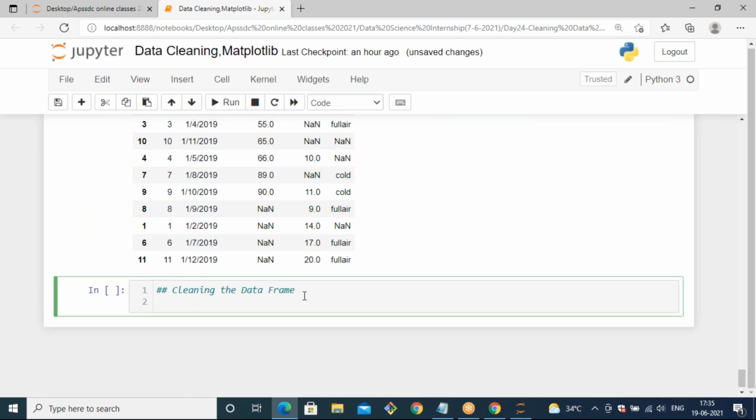Whenever you get data from the outside environment, it is in a raw format. That may be a combination of some unwanted data. So you need to know how to handle that unwanted data and how to remove it.